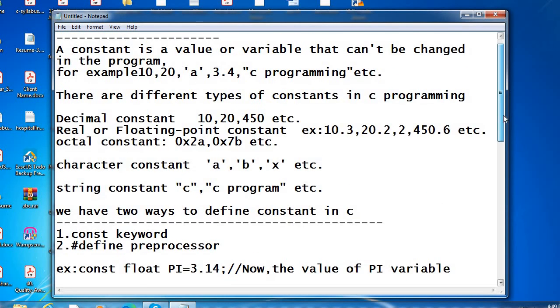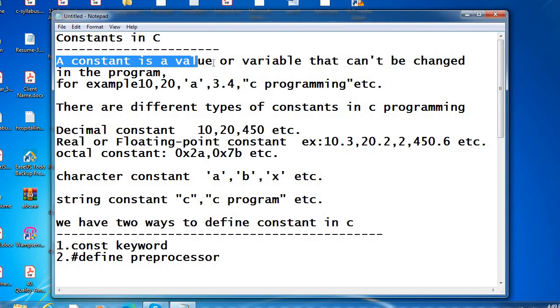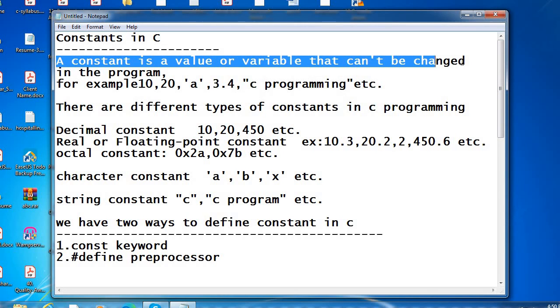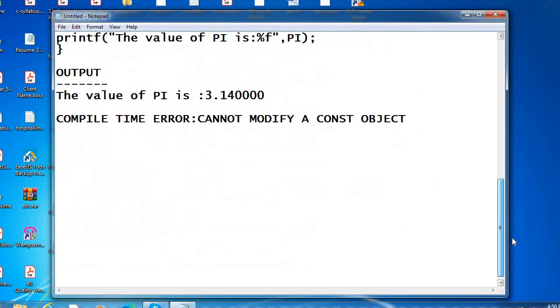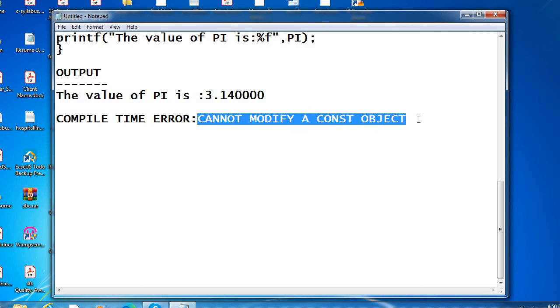That's why I'm saying a constant is a value or variable that cannot be changed in the program once you define it.